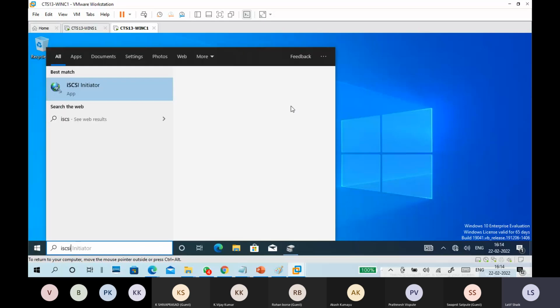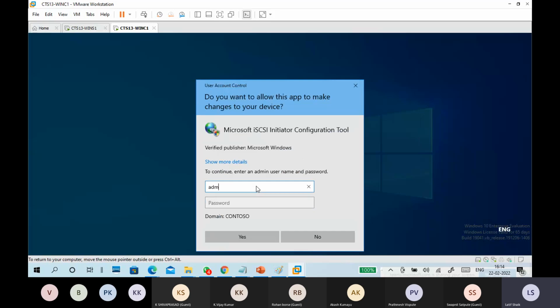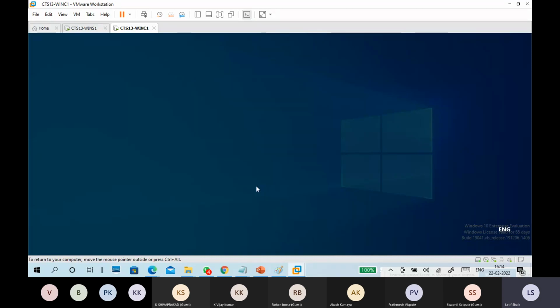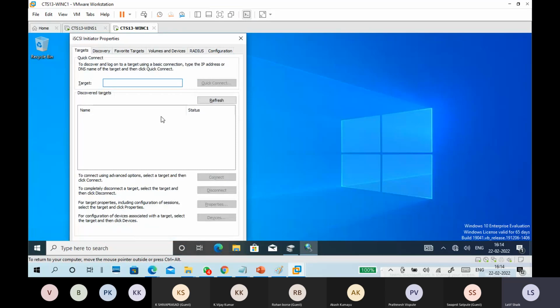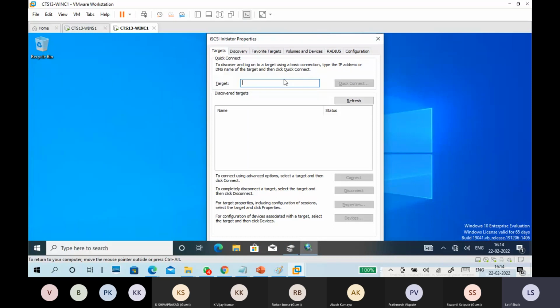So iSCSI initiator. This is our target. You can give your target server name or a target name also. I'm giving my target server name, wins1.contoso.com.